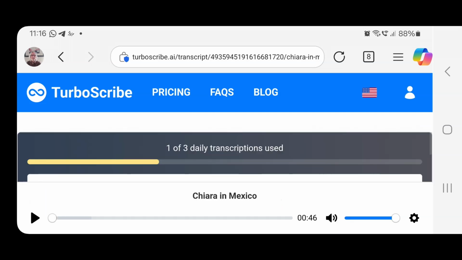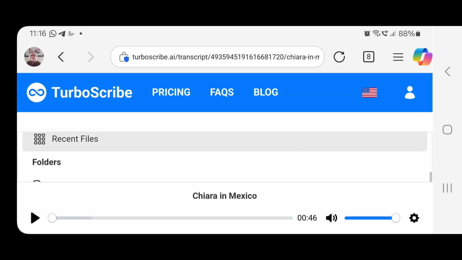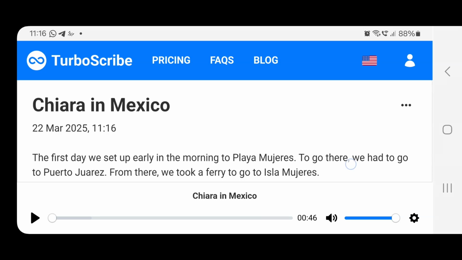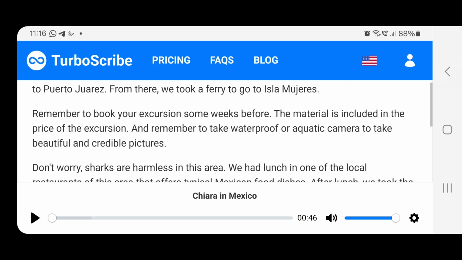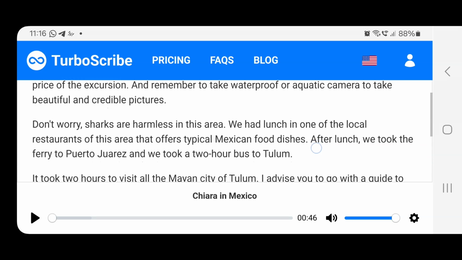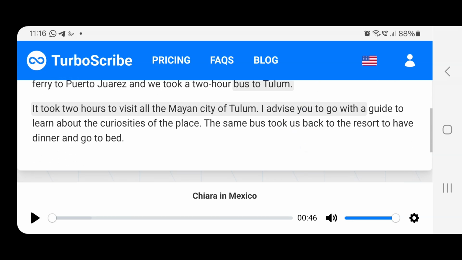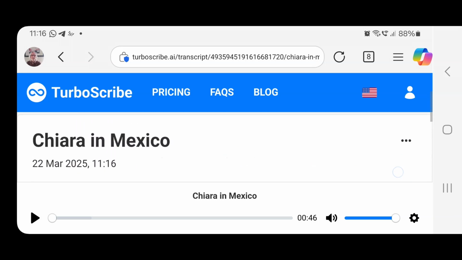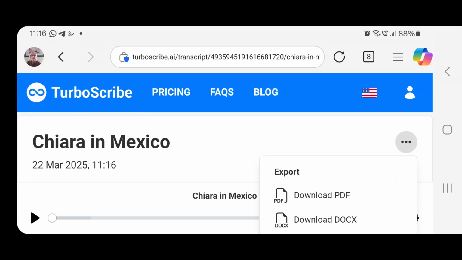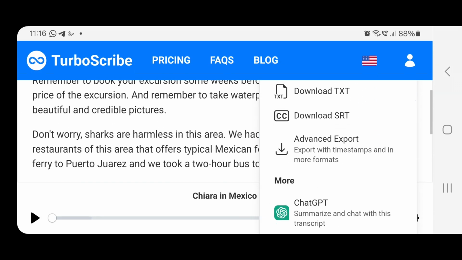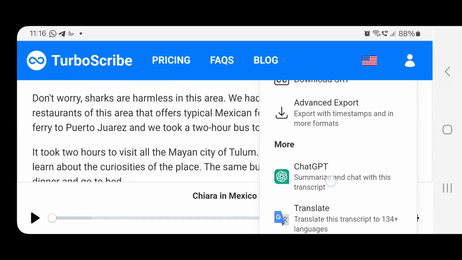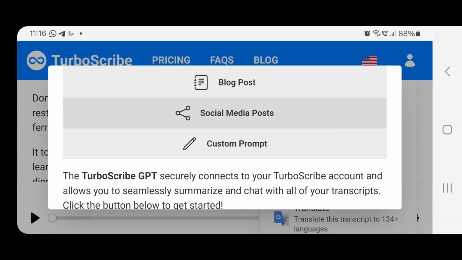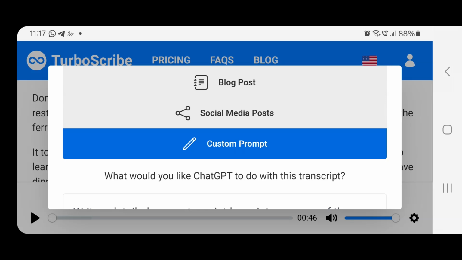Usually, the student should then listen to their recording and look at the transcription to check whether anything has been automatically corrected or if there are any gross mistranscriptions which need editing. There were no problems with the transcription. The next stage is to click on the three dots at the top on the right and choose ChatGPT, and then to move down the options there to custom prompt.